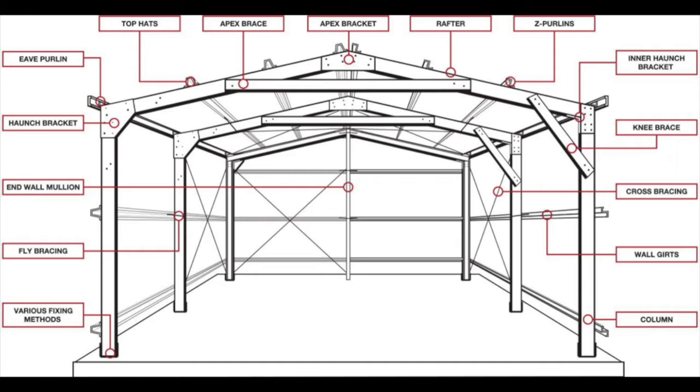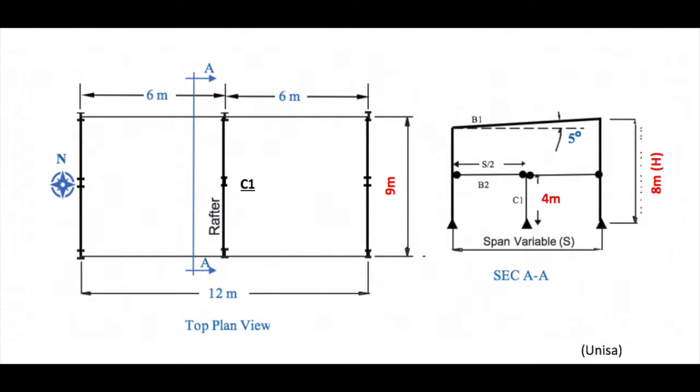Our design was to comply with Australian Standards and Codes AS 1170.0, AS 1170.1, AS 4055 and AS 4100. We were given the task of designing all members of the shed structure, this including columns, rafters, purlins, girts, bracings and other connections. As part of the assignment, our group was given a set of dimensions and a shed drawing